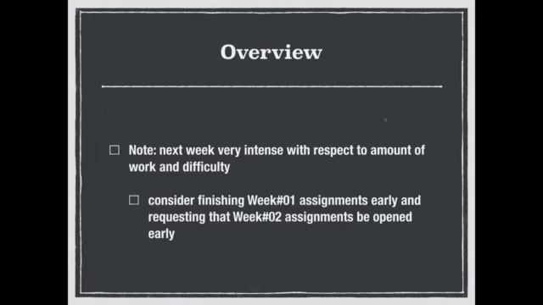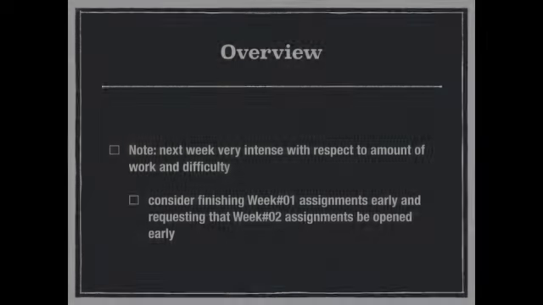I also pointed out in the previous video that I tried my best to make the weeks roughly the same, but for continuity purposes, and because I also had to incorporate the time you need to spend on the case study and forums for the course, it was very difficult to keep the amount of work and the intensity exactly the same each week. So there is a little bit of variability. Because of that, I'm going to give you the overview and tell you ahead of time which weeks are probably going to be a little bit more work for you, and then allow you to get the work done from the previous week early. So if you want some extra time to work on the more difficult weeks, that is available to you.